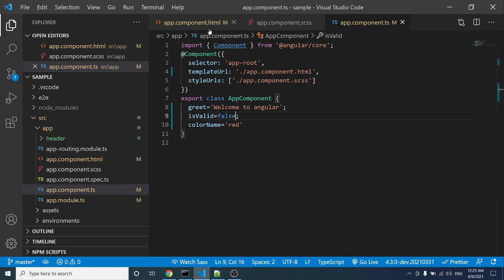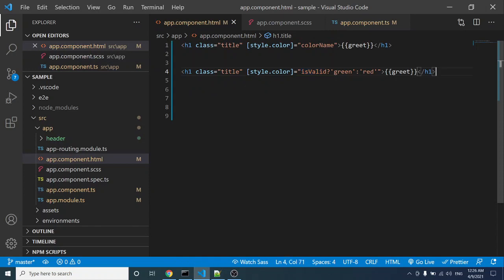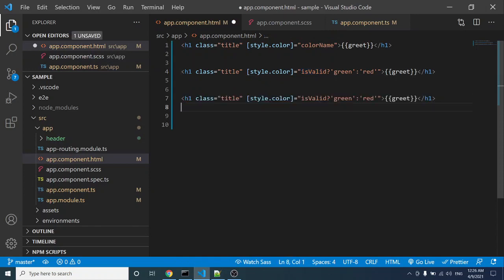In the same way we can apply multiple styles using ngStyle. Let's copy this one and paste it here. Let's use ngStyle, which is used to bind multiple styles to a particular element, same as ngClass. Here we can take an object and mention the list of properties.